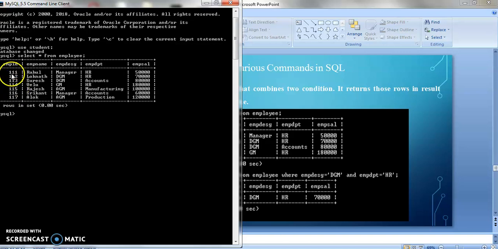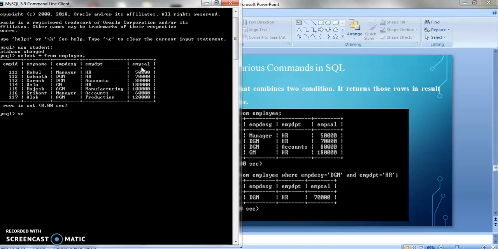You can see there are 5 columns. The first is the employee ID, the second is the employee name, the third is the employee designation, so I am using EMP DESG, the fourth is the employee department, and the fifth is the employee salary. So I want both conditions.